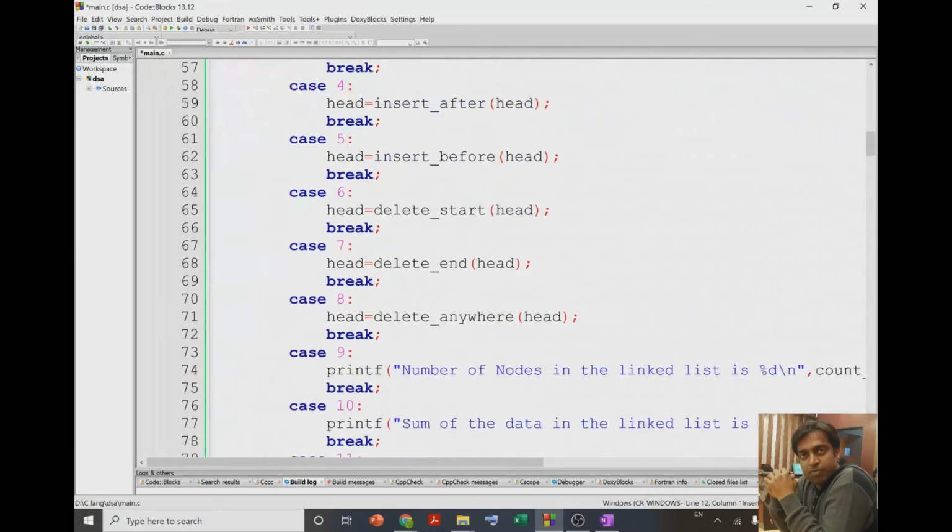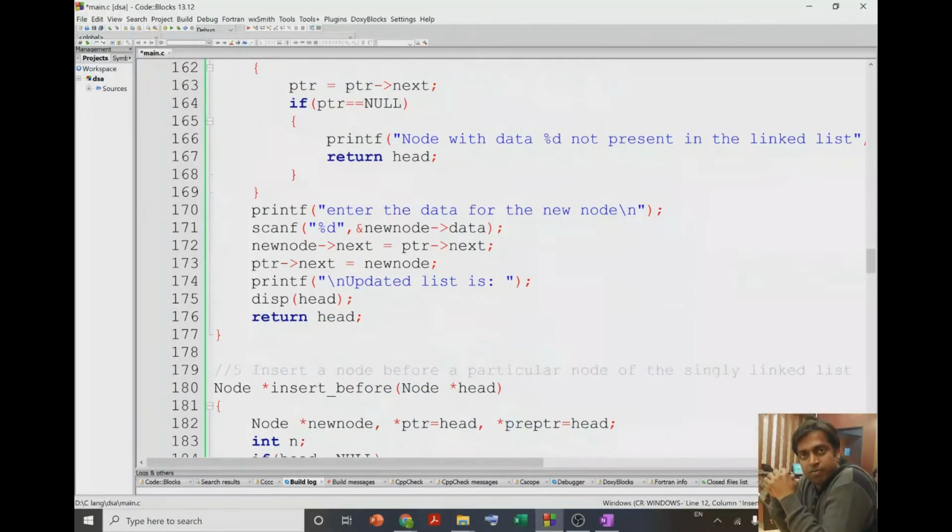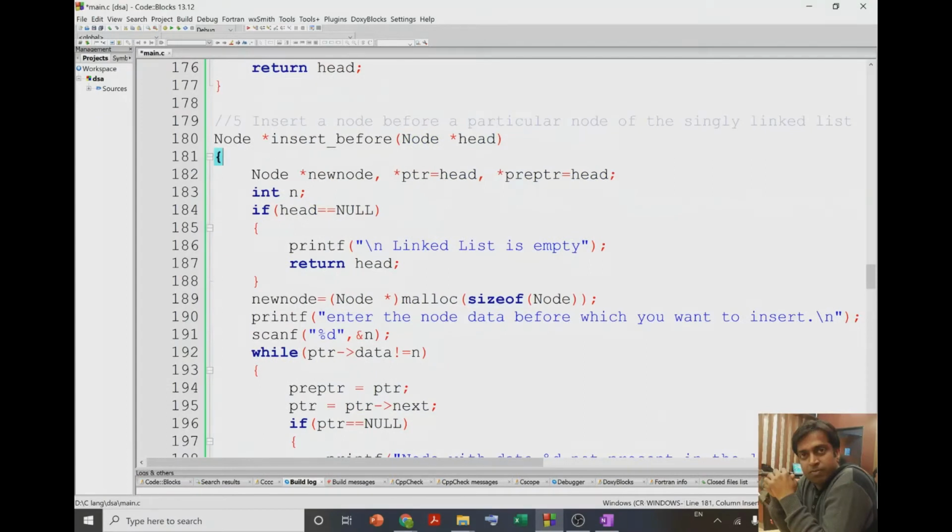Then coming to the function definition, over here first I create a pointer to a structure, new node, I create PTR in which I store the value of head, and pre-PTR in which I also store the value of head.